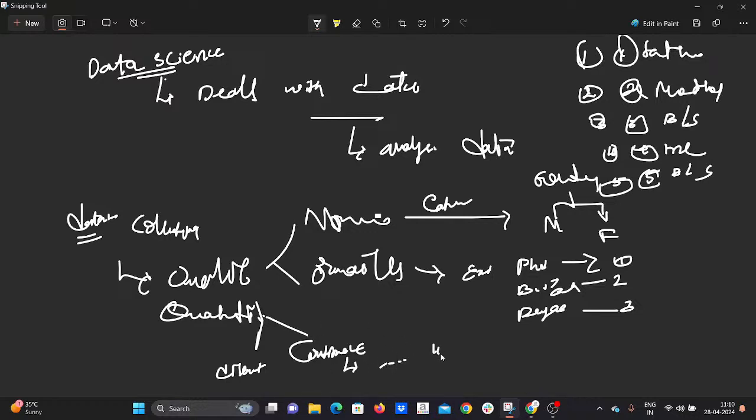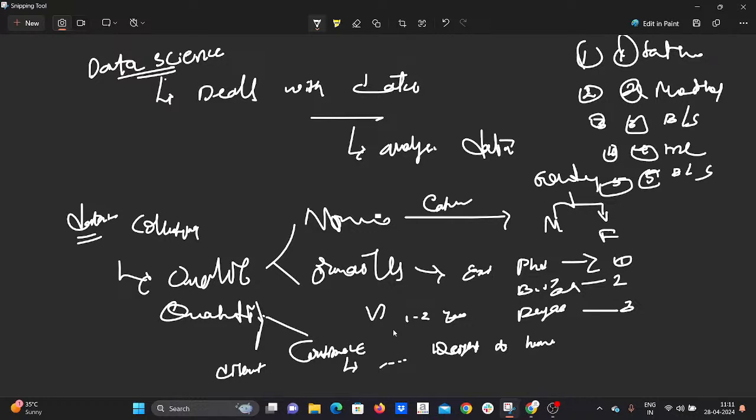For example, the weight of a human being. In the early stage, at 1 to 2 years, we weigh around 15 to 17 kgs. Now, as our age is increasing, our weight is also increasing. So it is a continuous process. Sometimes our weight decreases, sometimes our weight increases, right?